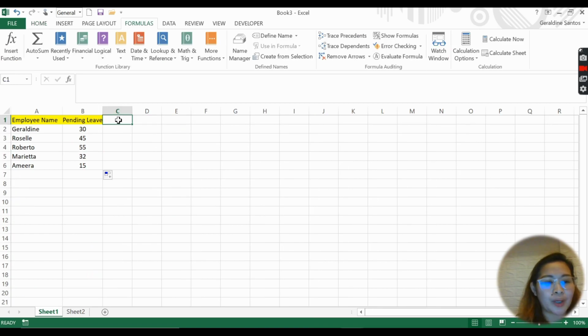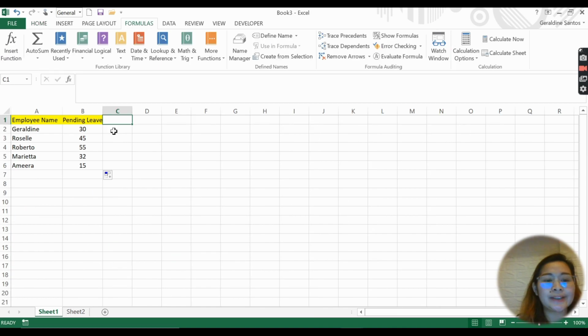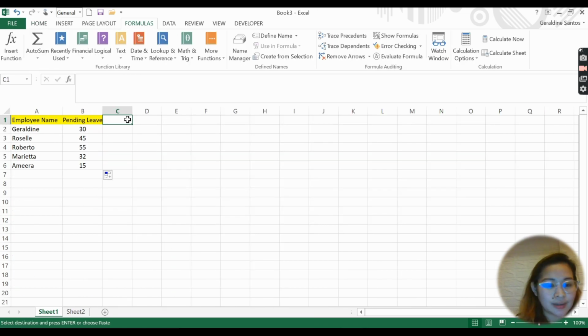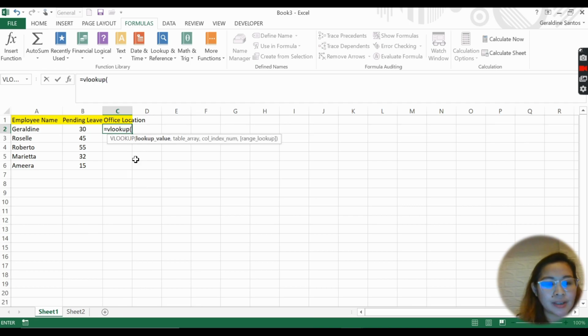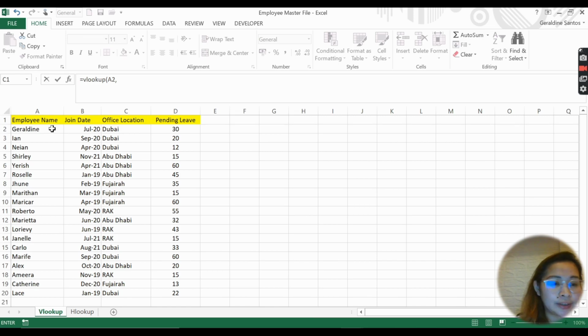For example, I want to also get the office location. Where is Geraldine located? So we'll just copy it, and then I will just do the formula equals VLOOKUP, open parenthesis, the variable that I'm looking at, go to the source of your file, then highlight the variable that you're looking at, go to your office location.